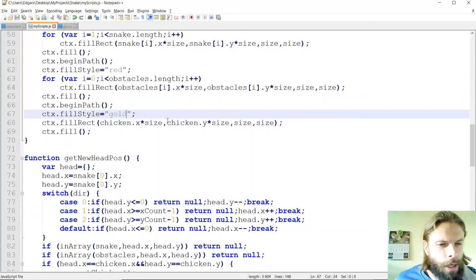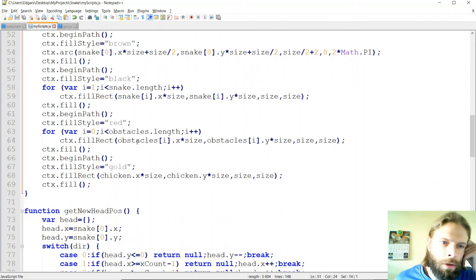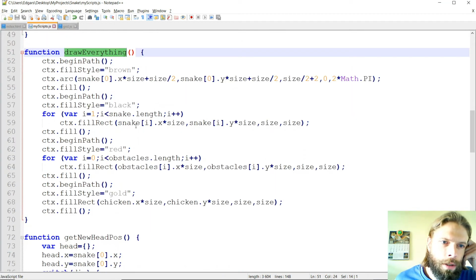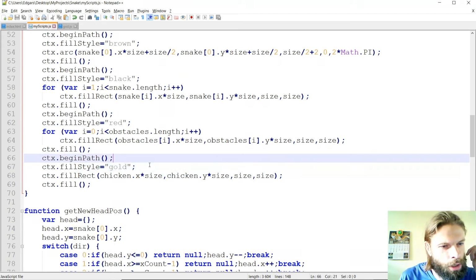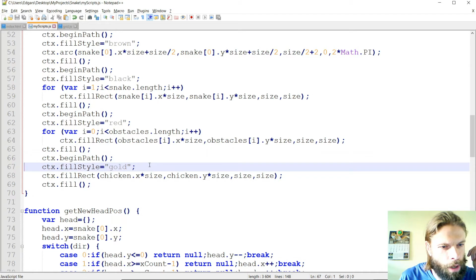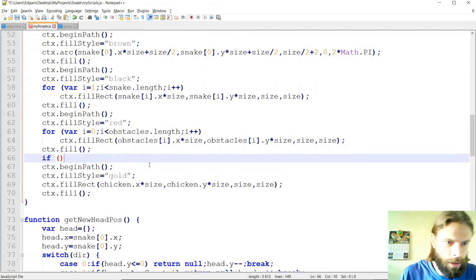So let's say draw everything. We will redraw the whole thing, I think. And there will be some function that will change the chicken style, I think. Okay, so for now, let's say begin pass. So let's say if chicken needs to be drawn, let's say we have some variable